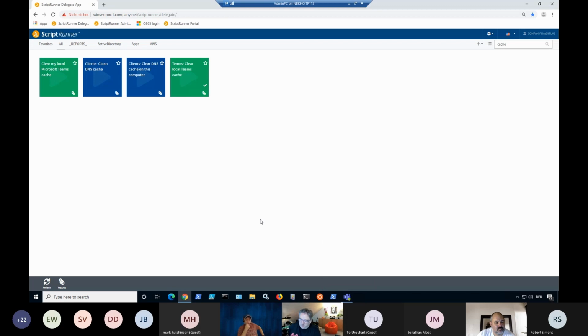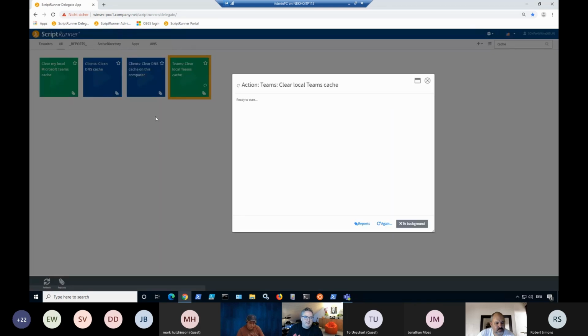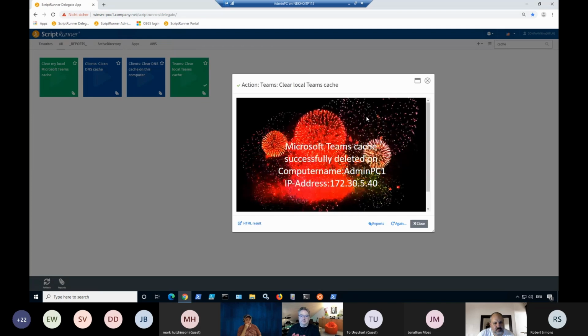clean their Teams cache, because at the moment, I don't know of any button in Teams itself. You have to go to 6 or 7 folders, I think. And sometimes cleaning the cache is something that really helps to make Teams work again. So what you could do is provide an action that says, okay, I click here to start this action. Now, what should happen if everything goes fine? Teams should be closed, which just happened, and then in the background, the folders are being deleted, and then